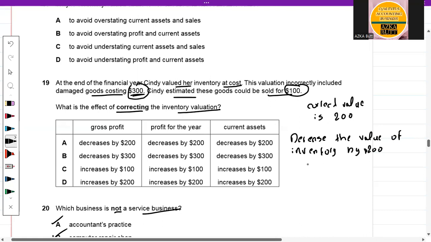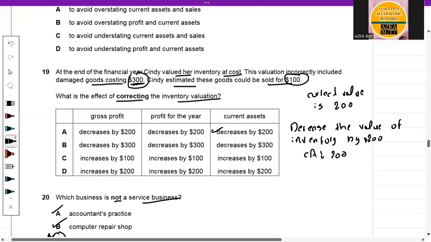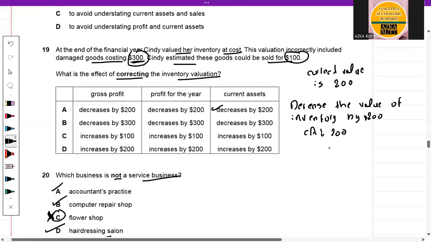So it means that your current assets are decreasing by $200. So this seems to be the right option. And decrease the cost of goods sold, because if the inventory is decreasing, the valuation of inventory is decreasing, so it means that it is also decreasing your cost of sales. So if your cost of sales are decreasing by $200, since the damaged goods are no longer used, so decrease the cost of goods sold